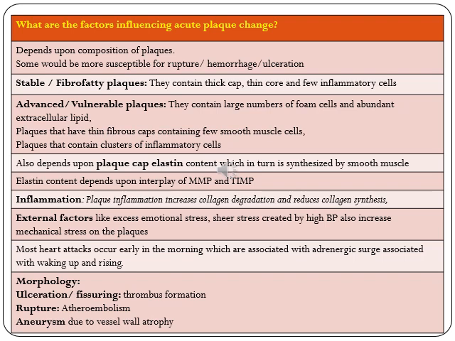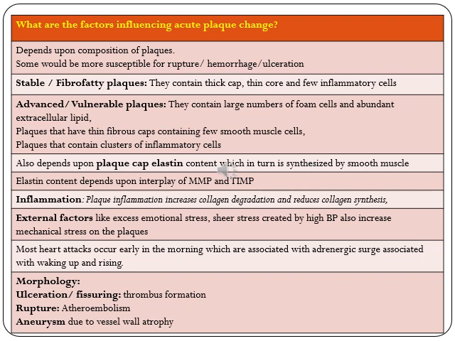Also, the stability of the plaque depends upon the plaque cap elastin content. Now this elastin is an extracellular matrix synthesized by smooth muscle. So again, both of these influence the stability of a plaque. This elastin is in turn dependent upon the interplay of matrix metalloproteinases and tissue inhibitors of matrix metalloproteinases. As you know, matrix metalloproteinases degrade collagen,